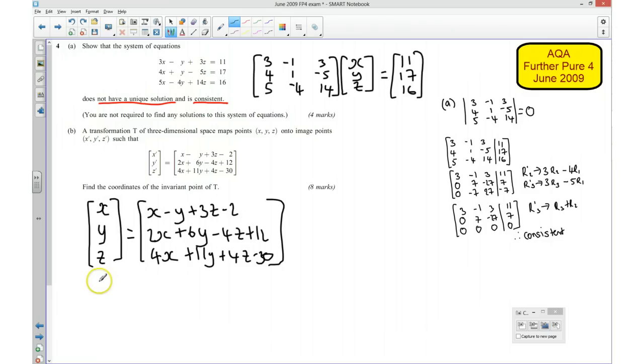So I'm now going to write that down. So x is going to be equal to x take away y. This is question B, and y